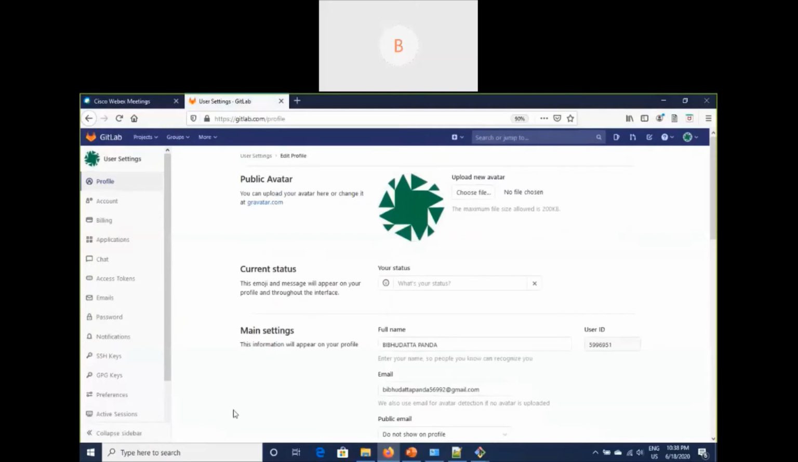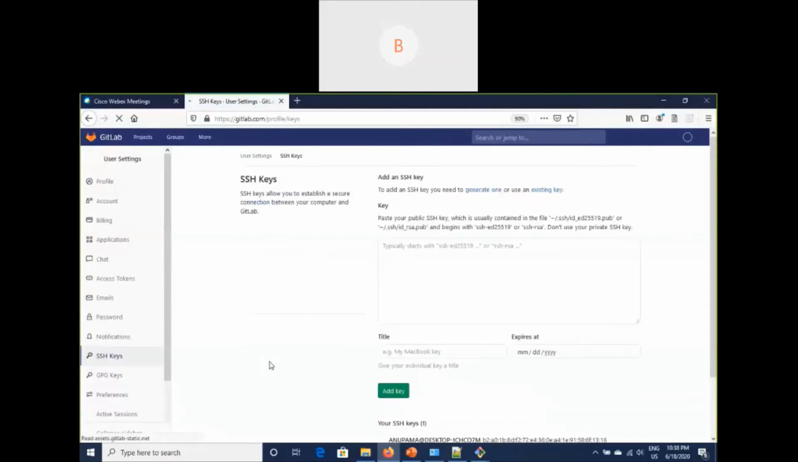here you can see the settings button. Click on settings, and here there is a part called SSH key, and here you need to add the SSH key of your machine. So how do you generate your SSH key? It's nothing but there is a command called ssh-keygen. After that you will get a file like this